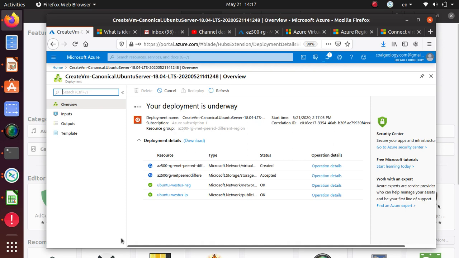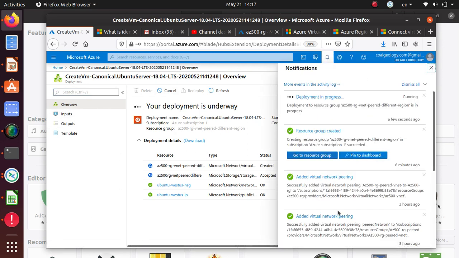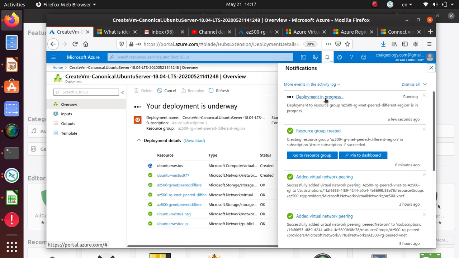But if you are doing it, you will see that one thing, you can look at the notification here. Things will keep getting updated. Once something is done, you will see some notification. Like here right now it's saying deployment is in progress. You will see the deployment details section. It will be getting populated as more and more